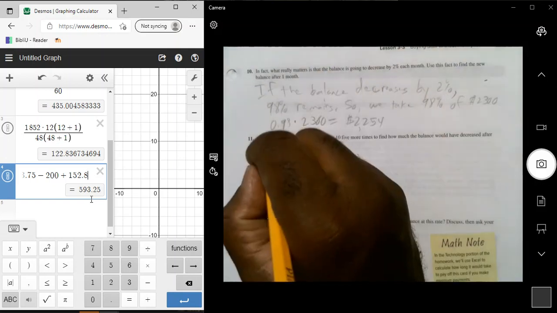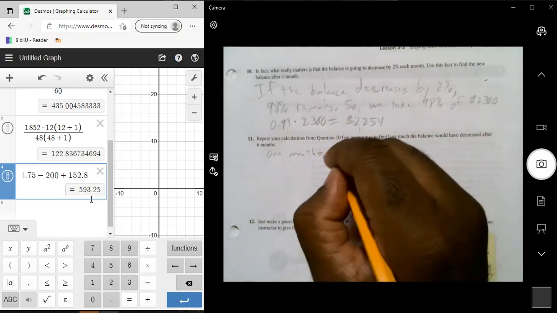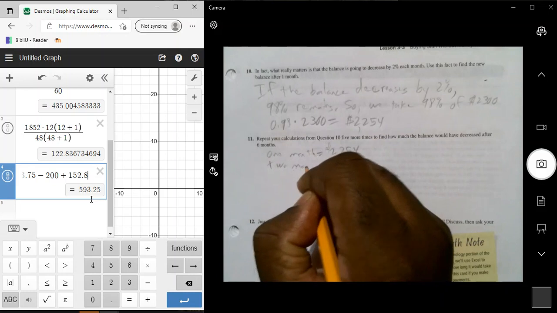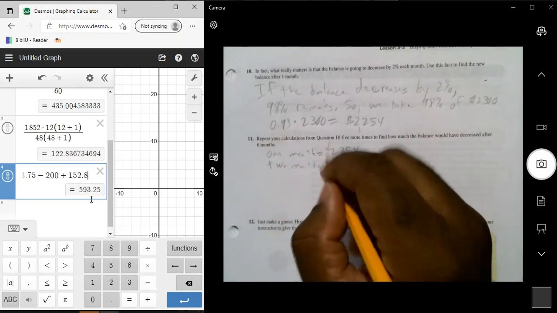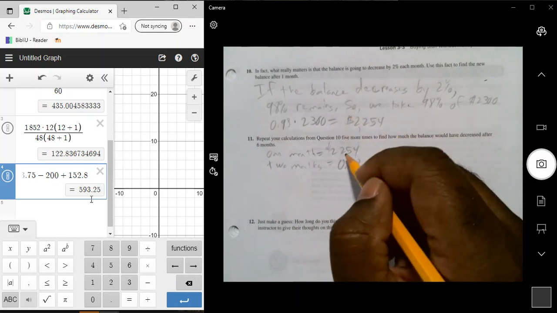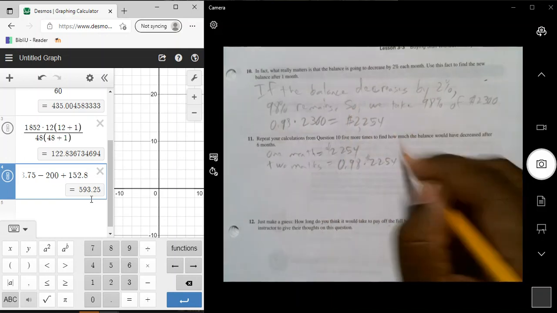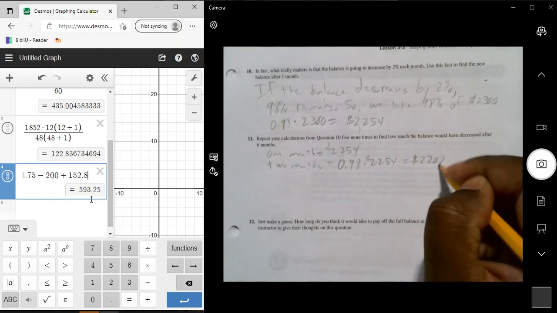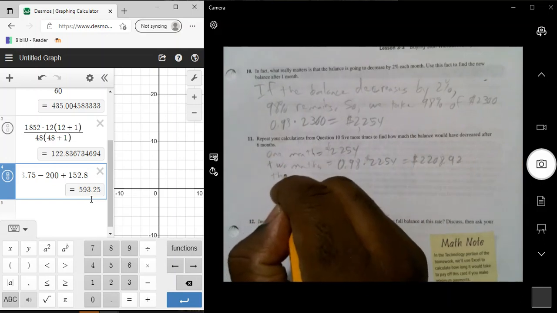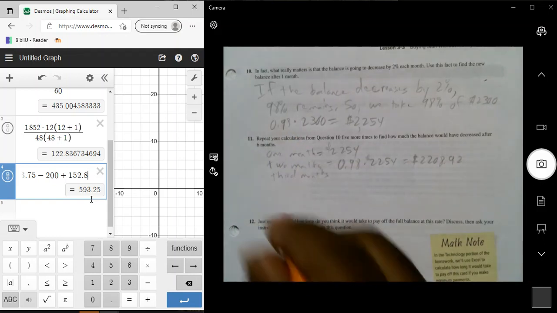So we know 1 month, we already have 2,254. 2 months, now we would take 98% of the 2,254, and that would give us $2,208.92. So at 3 months,